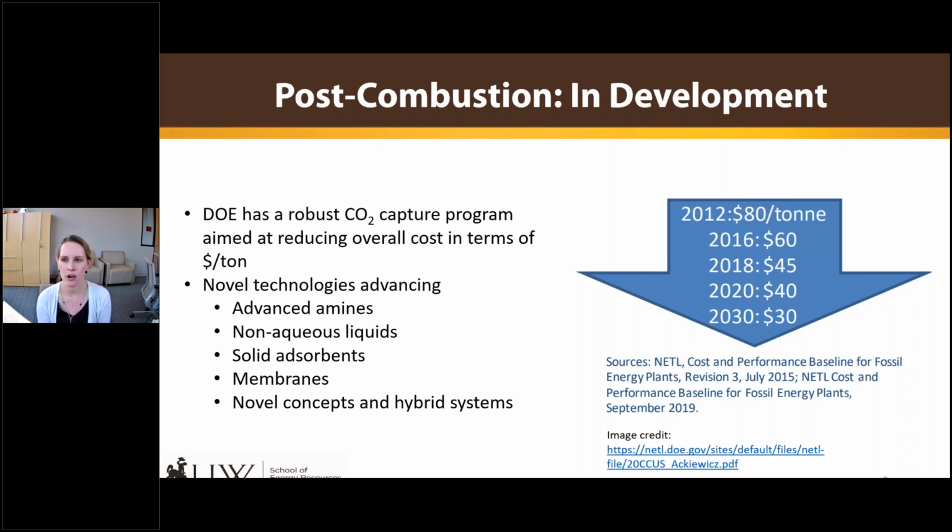But over time, that has already gotten cheaper, and the DOE aims by 2030 to have that cost down to $30 per metric ton. And again, this is for post-combustion CO2 capture where you're retrofitting an existing power plant. You're adding it on the back end with all the other environmental equipment. So